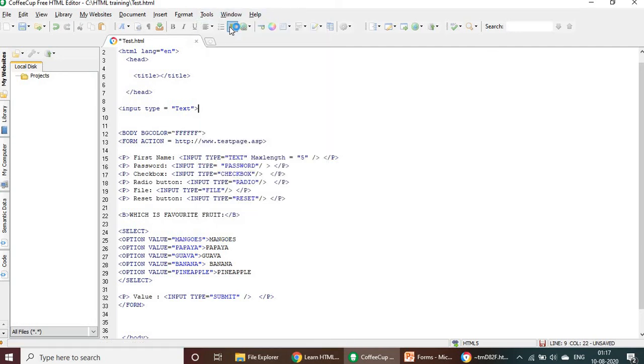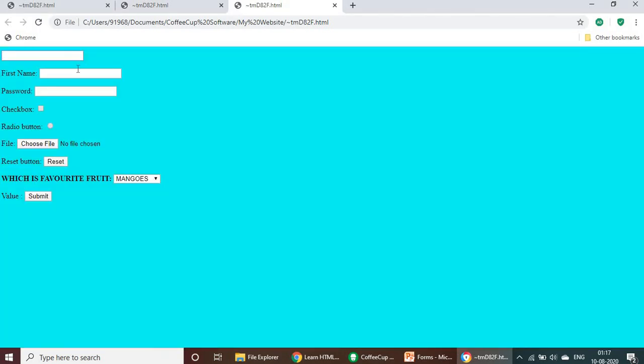I'll run this one. So here you can see I am typing more than 5 values, but it's not updating because I have limited the maximum length to 5. So you can see only 5 characters in this. I am typing 1, 2, 3, 4, 5, 6, 7, but it doesn't keep updating. It stopped at 5 characters. It does not allow me to update any values after that.